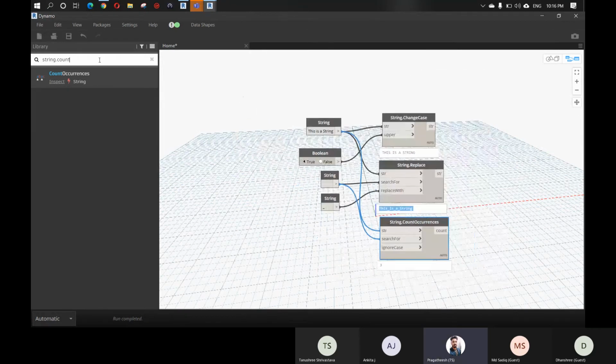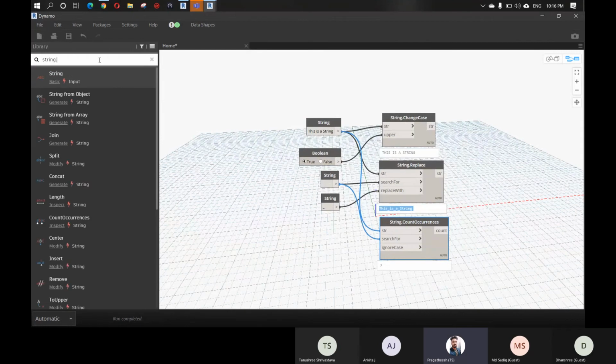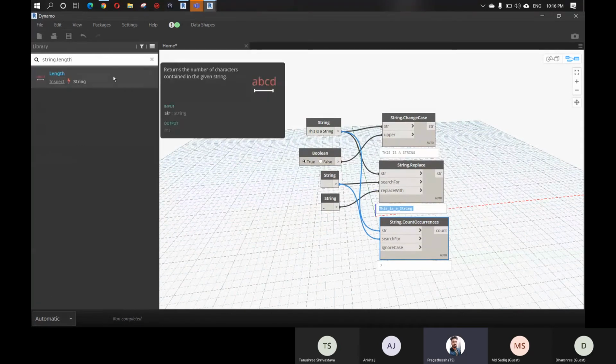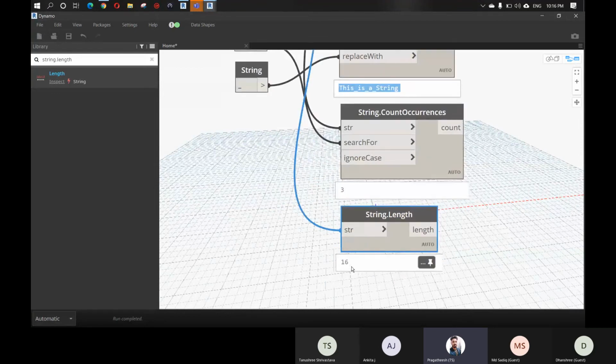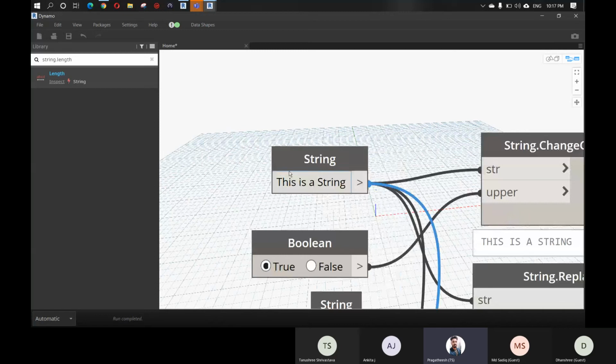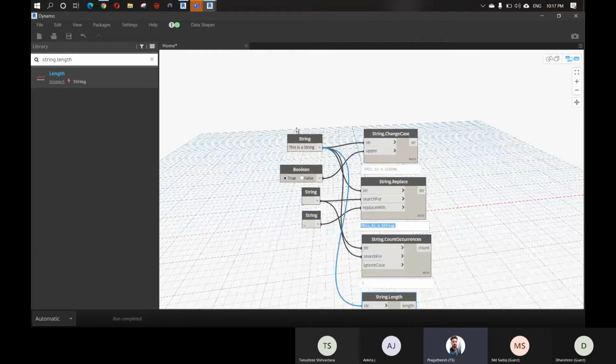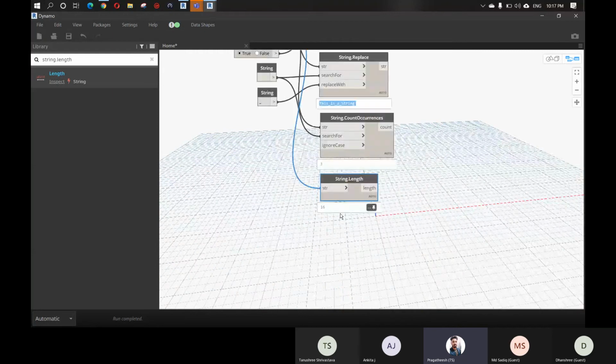And I'll show some more examples, which is string dot length. Connect this to the string here, and you can see the string length is 16, which means it has 16 characters in this sentence. 1, 2, 3, 4, 5, 6, 7, 8, 9, 10, 11, 12, etc. And it has 16 characters.